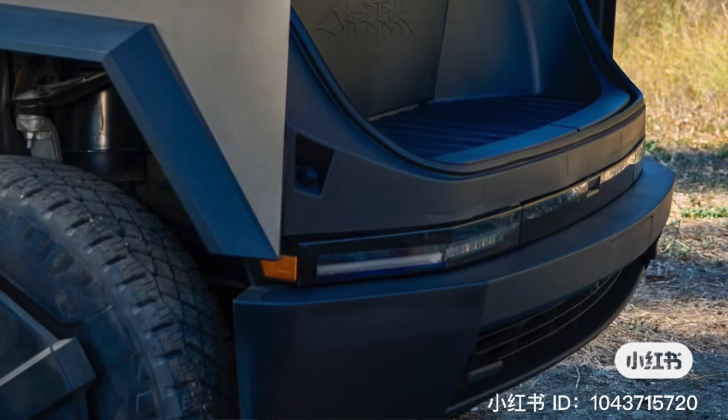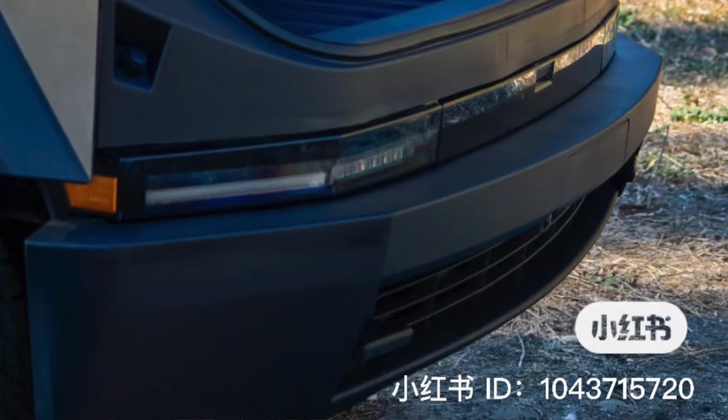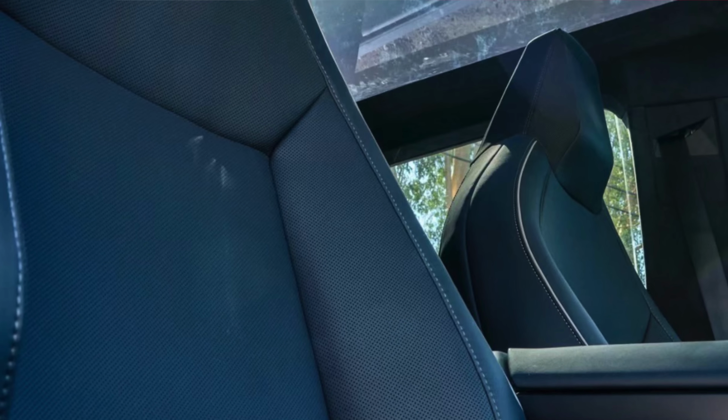But with all that being said, I got a whole lot more hyped yesterday because a random Weibo account, which is a Chinese-based social media, which is bizarre because all the Cybertruck prototypes are all in the United States. Only a couple have gone to Canada and Mexico, but I'm still guessing these are either media pictures from Tesla themselves, and someone leaked them earlier and was hoping that by posting them on Weibo, not as many people would notice, or it's possible that a review channel that was not supposed to release these pictures yet sent them to someone, and then that person sent them to someone else, and it went down the ladder and a few people posted them online. I don't know how they got posted, but they're out, and they give us our best look yet